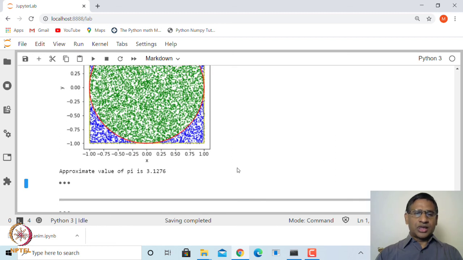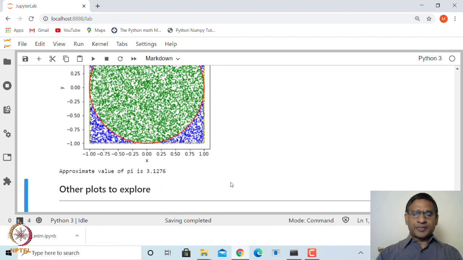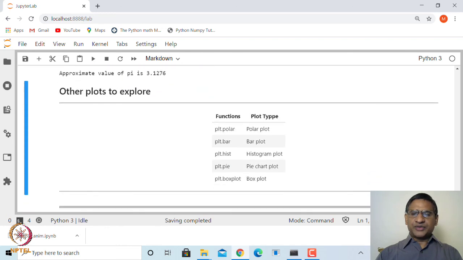Okay. There are other plots which are available inside pyplot. For example, there is pyplot.polar to plot graphs of functions defined in polar coordinates. If you want to plot bar plots, then you can look at pyplot.bar. pyplot.hist will give you a histogram, pyplot.pie will give you a pie chart, and pyplot.boxplot will give you a box plot.